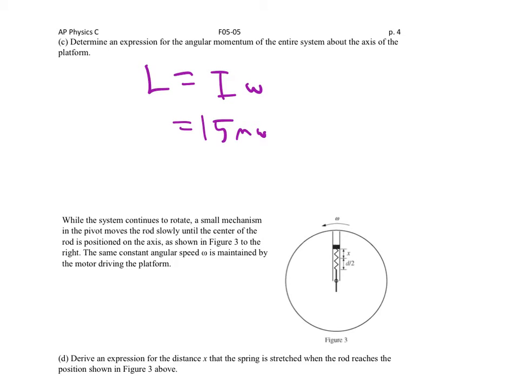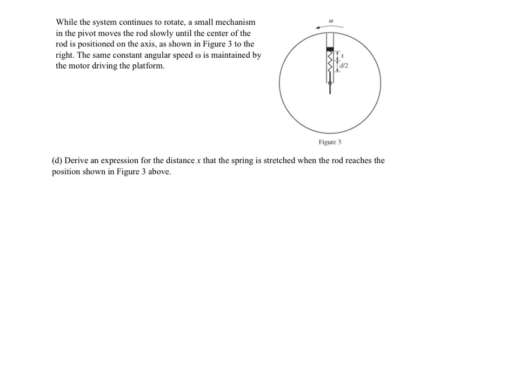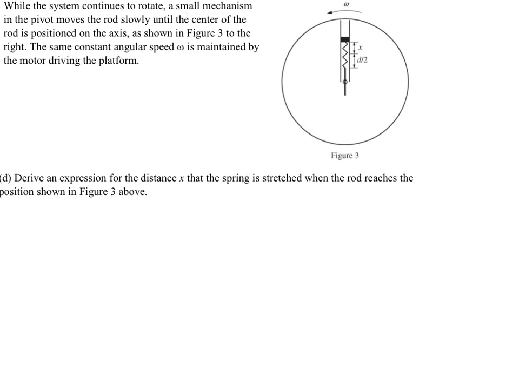15m omega, md squared times omega, and then that's it. So it's kind of a curious point they give you, but fine. And then they say,